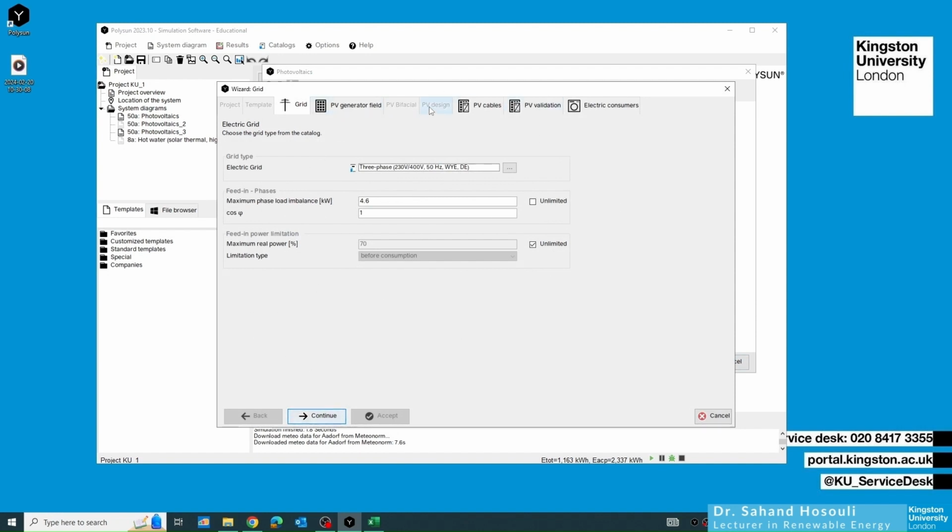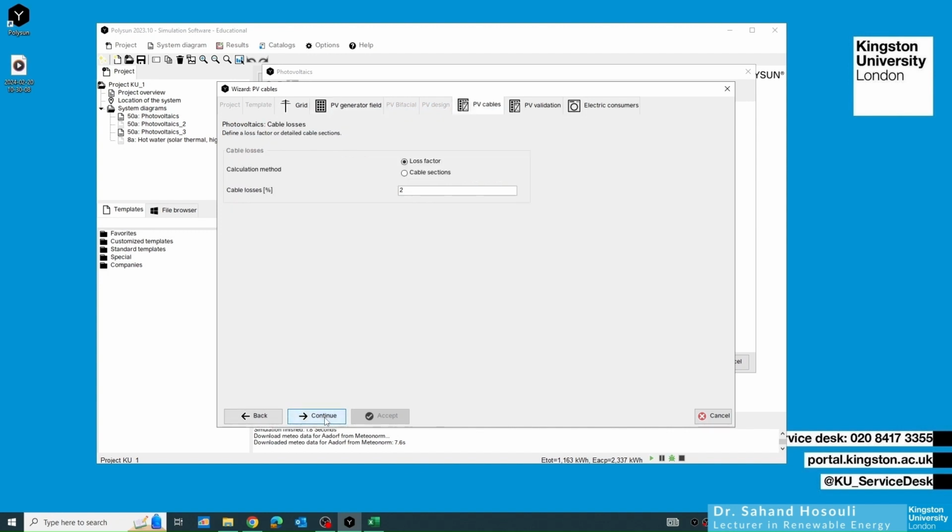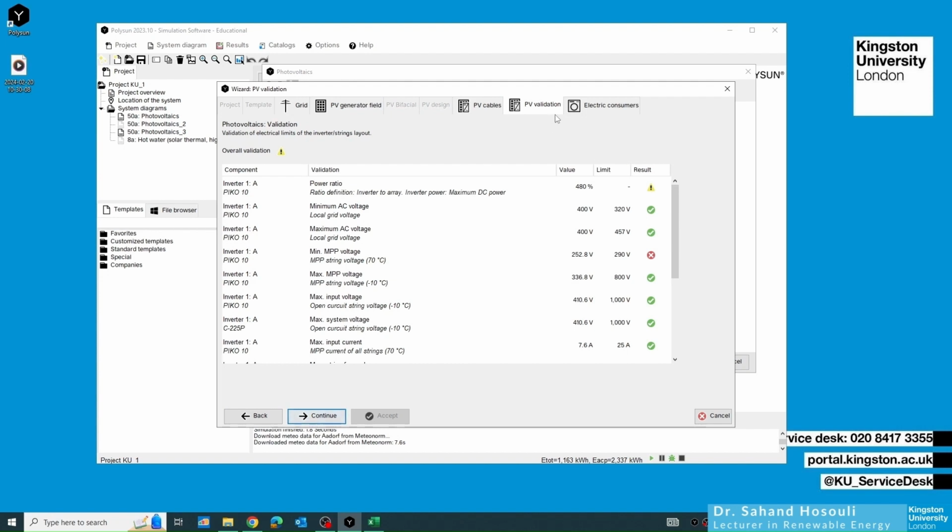But it's good to notice that now, because it's a manual inverter selection, I don't have these two. So if I click continue, I don't have any change in the PV modules. It's going to jump over these two tabs, PV design and PV,